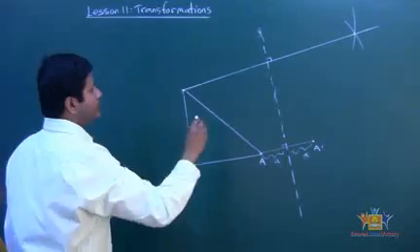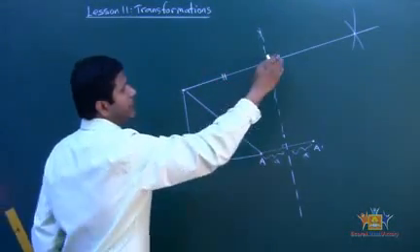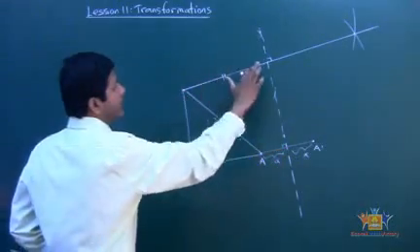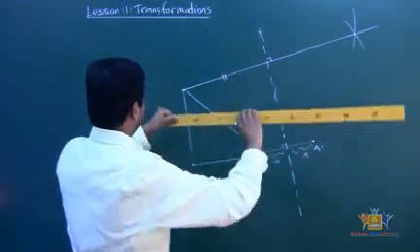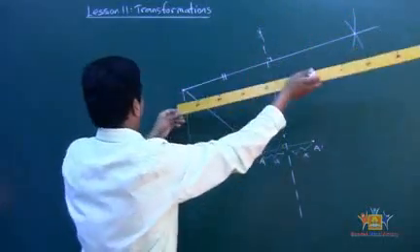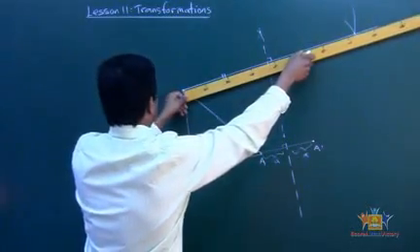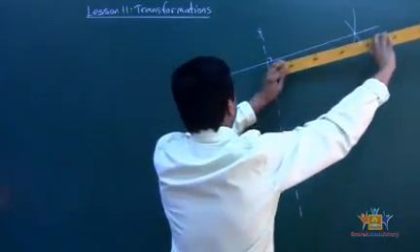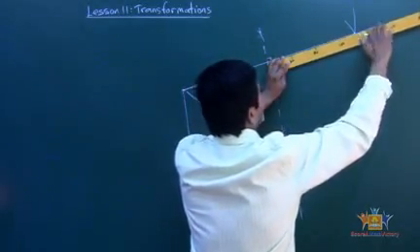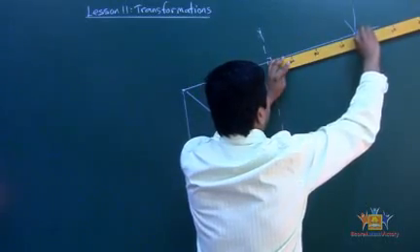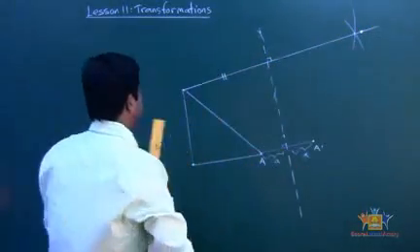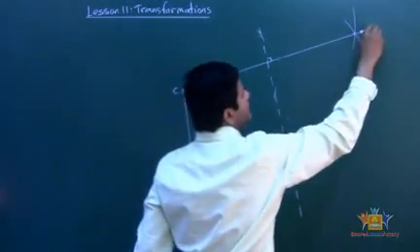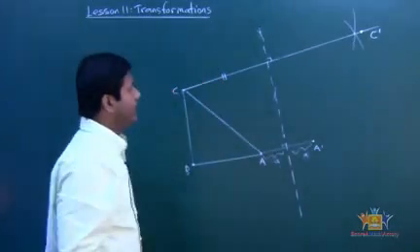The next thing I want to do is I want this distance and I want to create that one. They have to be identical. So now I have to measure from the point here to there. Okay, let's measure that. All right, so it gives me up to here. So I'm going to go right there and right there. That's my first point right there. Okay, let's label that triangle. Let's say this is A, B, and C. So the image C is right there. Okay, so we're done with that.